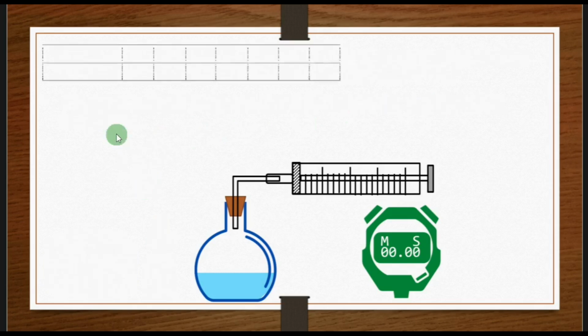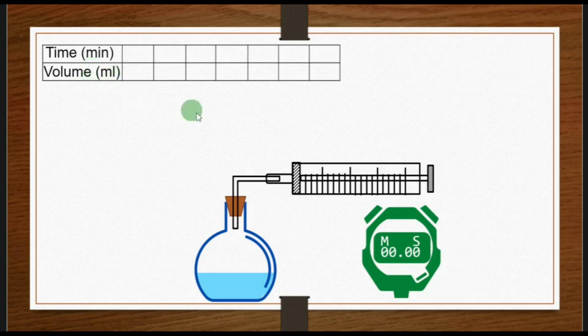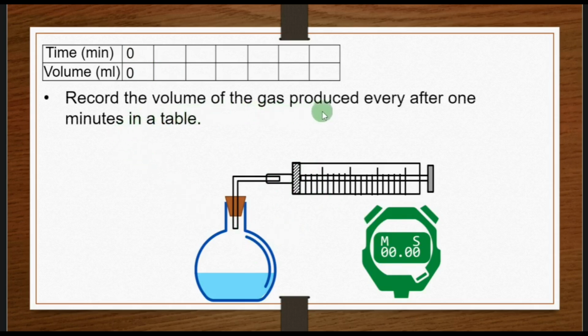So what we are going to do is to have time in minutes, then volume in milliliters. Here time 0, then volume we are going to say 0, because that's when the reaction is starting. Then they're saying record the volume of the gas produced after 1 minute in a table. So here we'll be reading after 1 minute, we'll read the volume. After another minute, we'll read the volume. After 1 minute has passed, the volume now is supposed to be